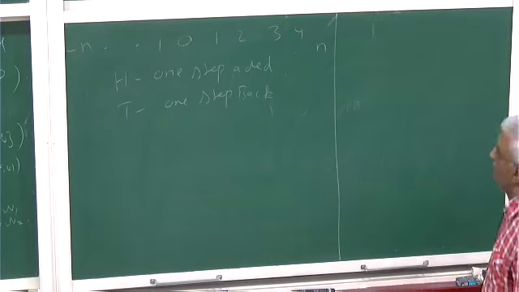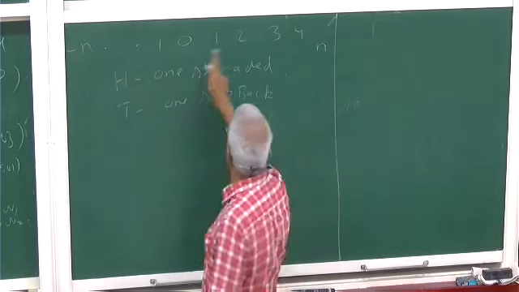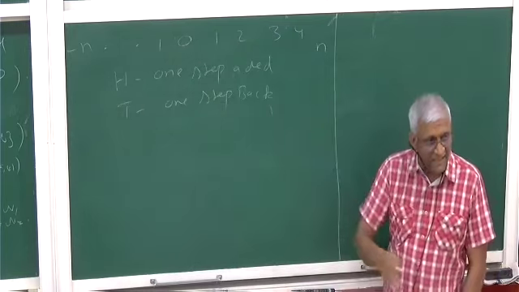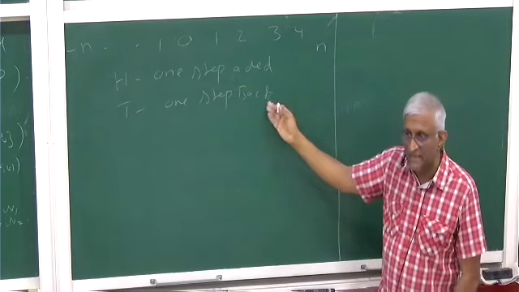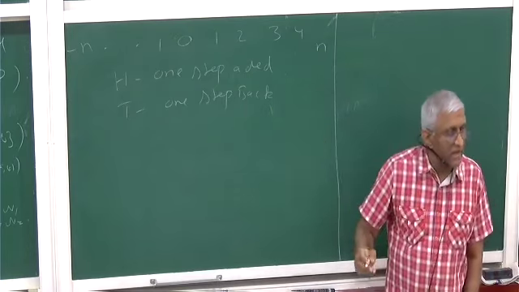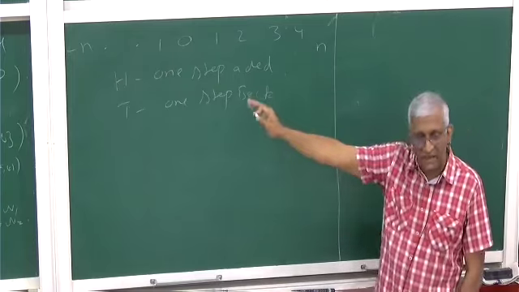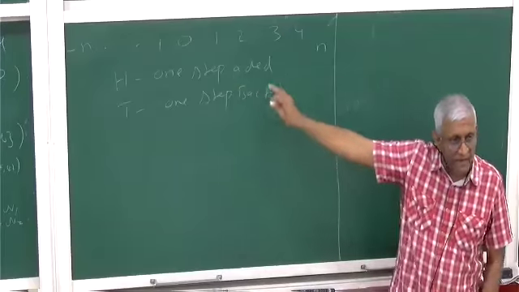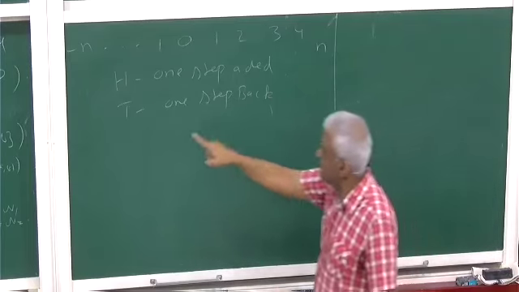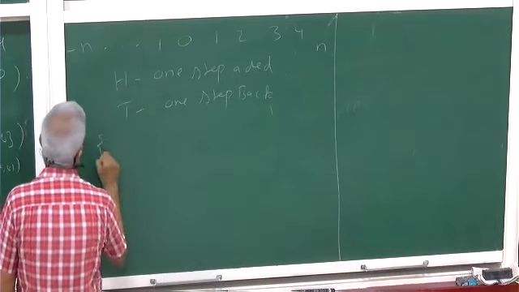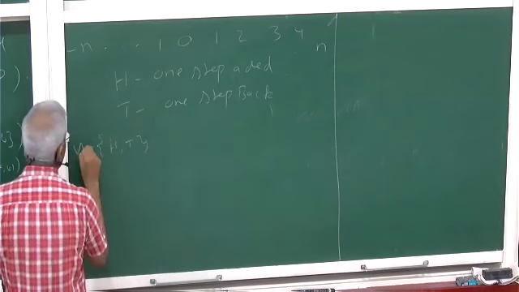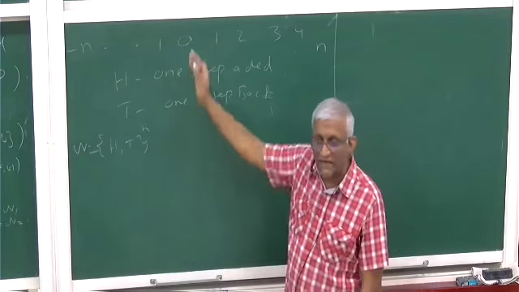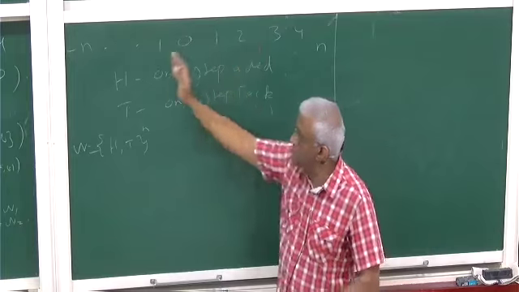So this is a random walk. Here the random walk takes values from -n to n, so there seem to be 2n plus 1 possibilities, but it is much less than that. If n is odd, some numbers are not possible, and if n is even, other numbers are not possible, so I think it is about n possibilities. We'll calculate it. On the other hand, for the coin, let's take H, T as the set, and omega is {H,T} power n, whose cardinality is 2 power n. There are 2 power n possibilities, but here we have only about n possibilities. So the random variable varies within a smaller set.